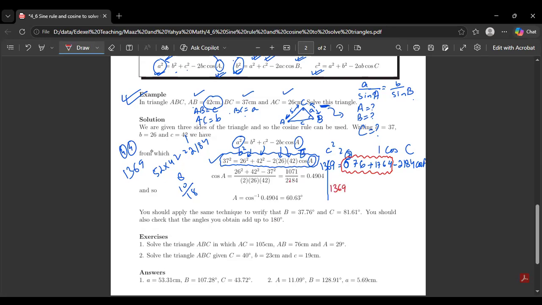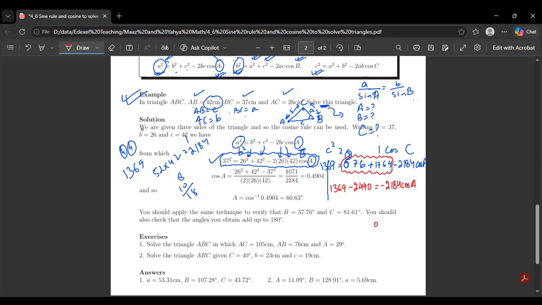Now, Khuzama, could you please tell me the addition of this 676 plus 1764? 2440. And on the right hand side, it's going to be 2184